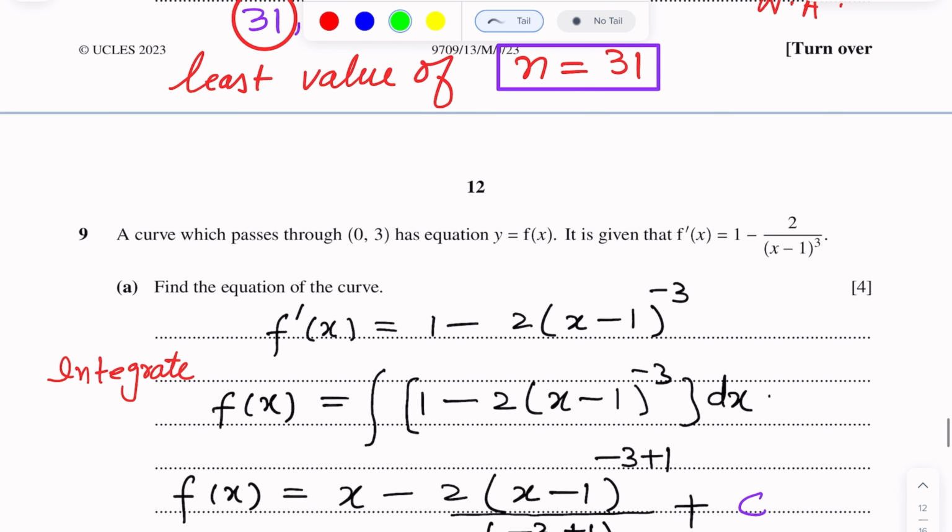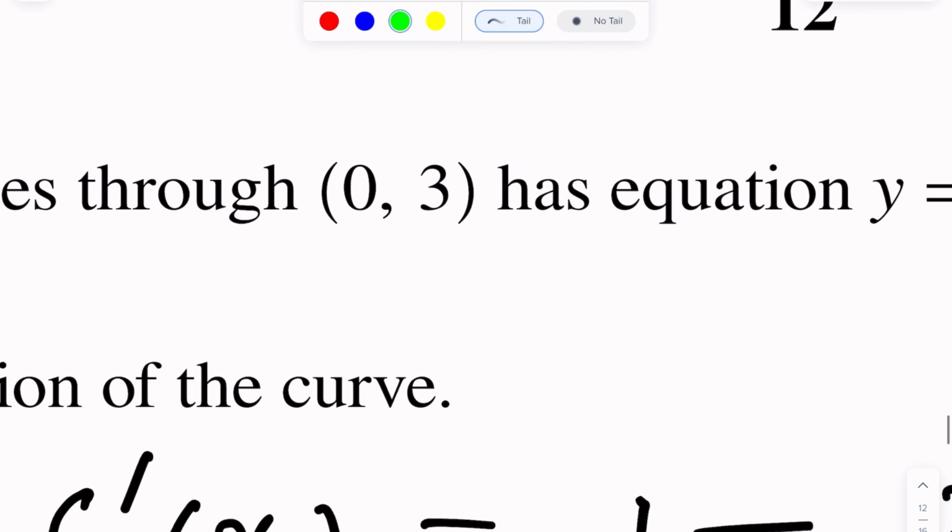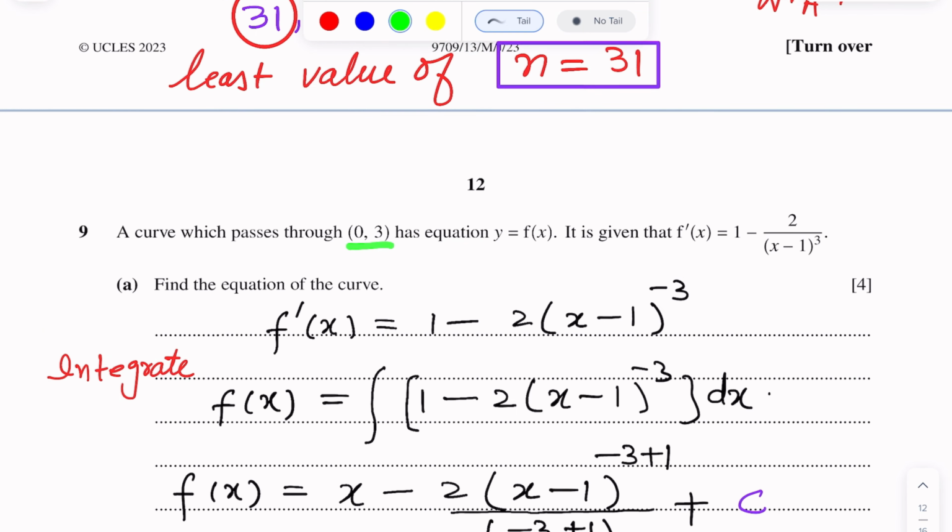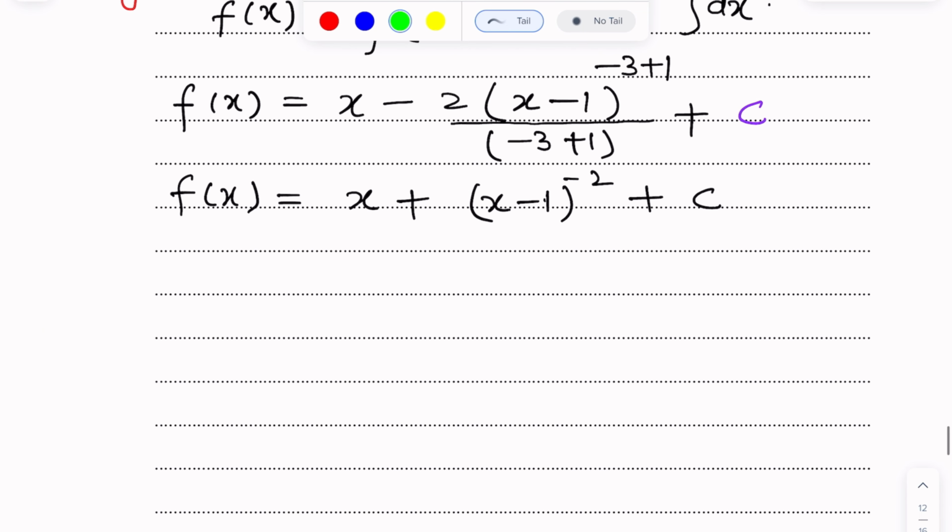Now this curve passes through this point (0, 3), putting this point on this curve because this point lies on the curve. (0, 3) is the point through which the curve passes. Putting here x coordinate is 0 and y coordinate is 3. Y coordinate means f(x). The value of f(x) is 3. Value of x is 0. Putting here,